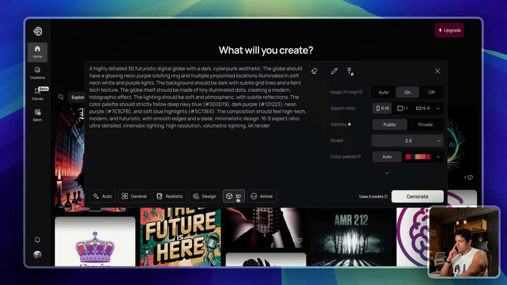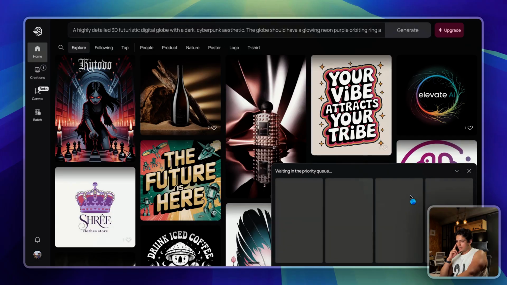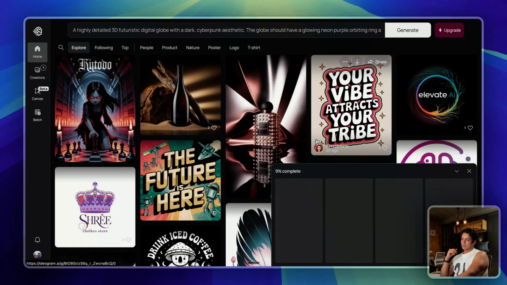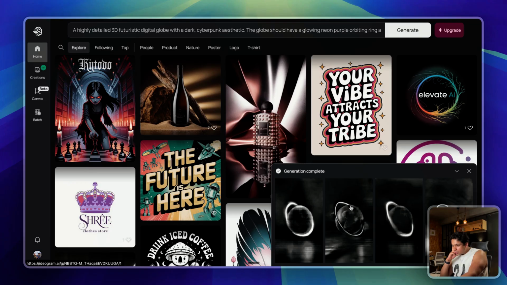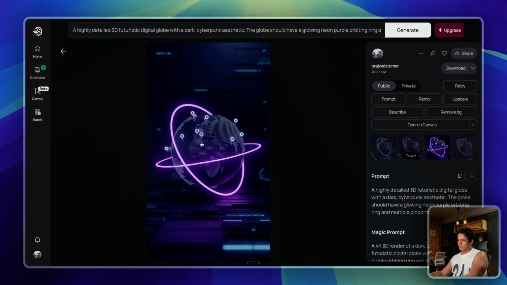The settings, I'm not really sure what to use, so let's proceed with this. Okay, so let's convert it into 3D. I hope this works. And generate, waiting in the priority queue. I have seen that they create pretty good designs and that is why I've been using them, and the subscription is also like $8 or $11 monthly, which gets the work done for the majority of the landing pages that we do here at the agency. Not looking good really. Okay, not bad. Yeah, I mean this would work I guess.